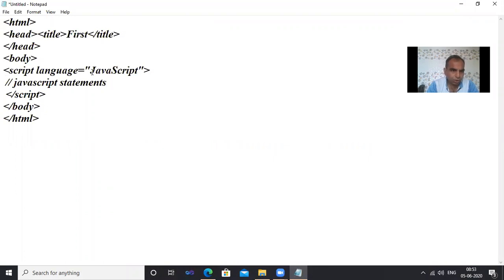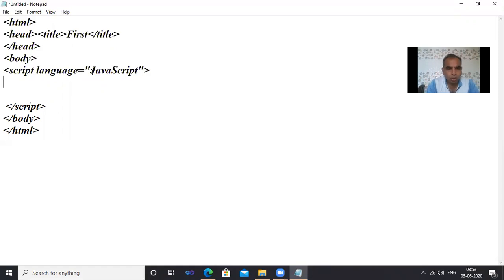For some method or object names, you use the first letter capital and the first letter of the next word capital. That's why we are using J and S capital here. You can write any JavaScript. This is a comment, just slash slash JavaScript. You can write any JavaScript statement inside the script tag, between script and slash script.